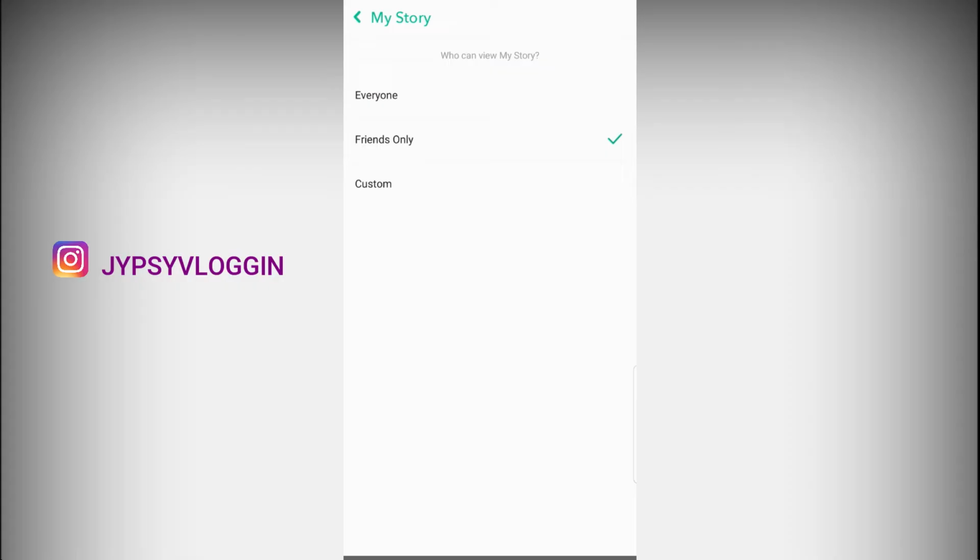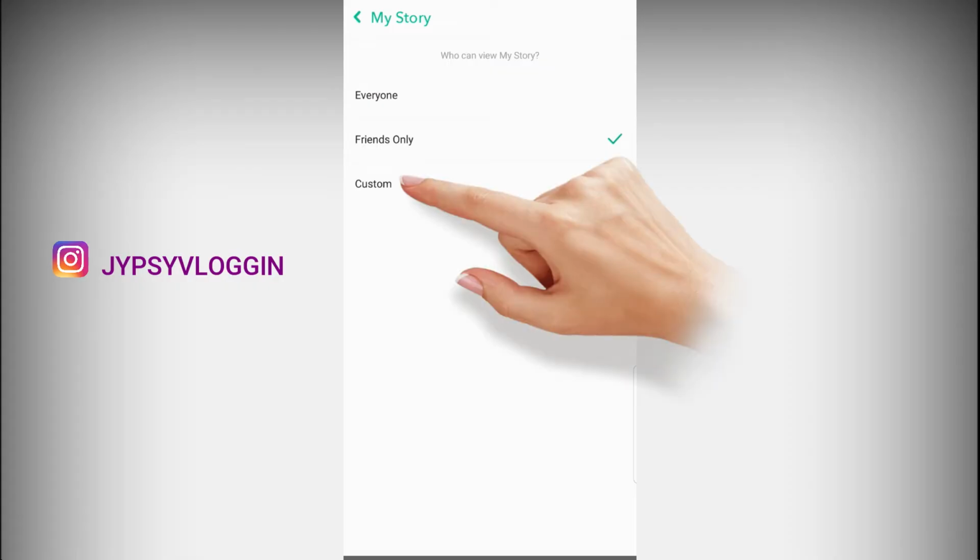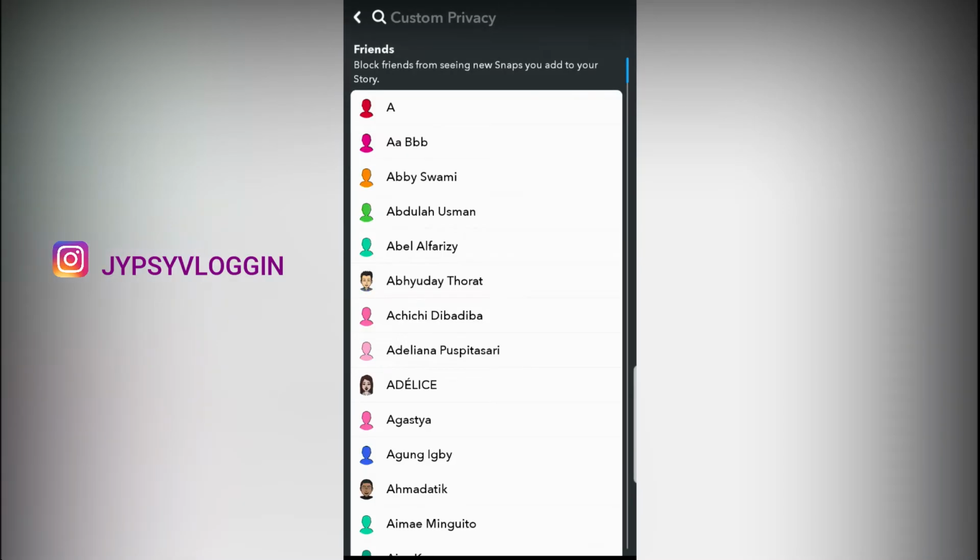I have selected friends only. Now tap on custom. So as you can see in this custom privacy page, blocked friends from seeing your new snaps you add to your stories. So just tap on the friends you don't want to see your stories